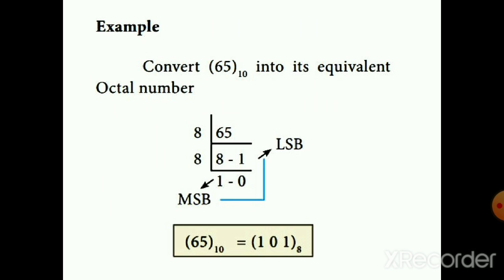Here a number 65 is given, and it is converted into an octal number. Note one thing: in binary number systems, we continue the division until the quotient is 1, then stop. But here, when you get a value less than 8, stop the division process, because in normal division